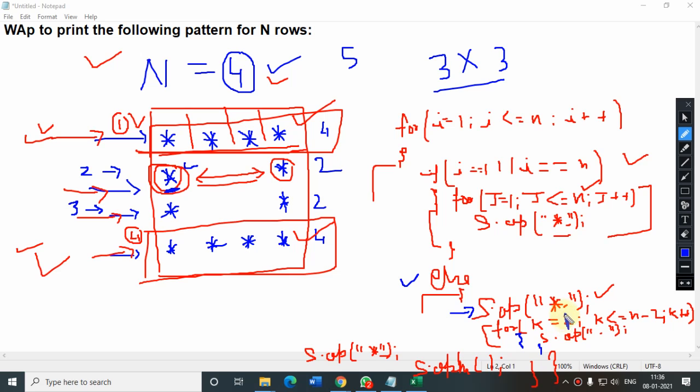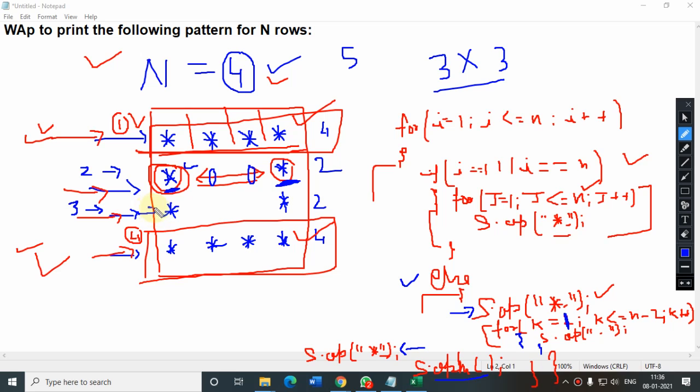Sorry. Please do the required correction, everyone. So now the k has to start with 1, to less than 4 minus 2. 4 minus 2 is 2. So 1 and 2. So 2 times you are getting the blank here. After that, your control will come outside of this for loop. And after that, you are coming to this part. Then again, you are printing this asterisk. Am I clear, Rachit? Yes, sir. And after that, there is nothing else, only the line changing. So we are changing the line.